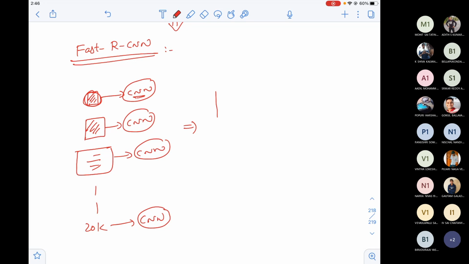What if I take the entire image? I'll not take the image portions present in the proposed boxes. Whatever boxes I proposed using clustering, I'll not pass those small portions of the image. Let me pass the entire image as in a traditional CNN. In traditional CNN, we pass the same thing. I'll give the entire flower, not sub portions of the flower as I'm doing here. So I'll give the complete image. I don't mind what is there in that image. It can have one object, two objects, 10 objects, 20 objects, or 100 objects. I don't mind. I'll supply the entire image to CNN. So that I would get what?